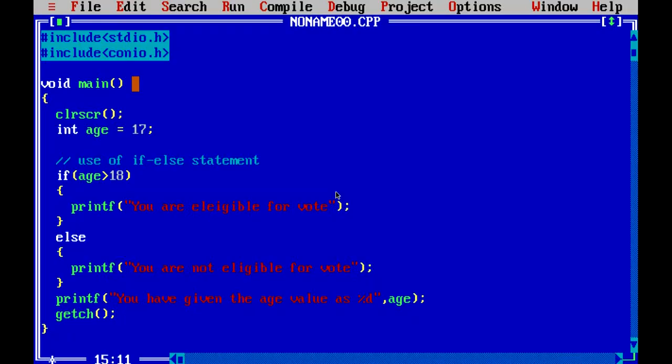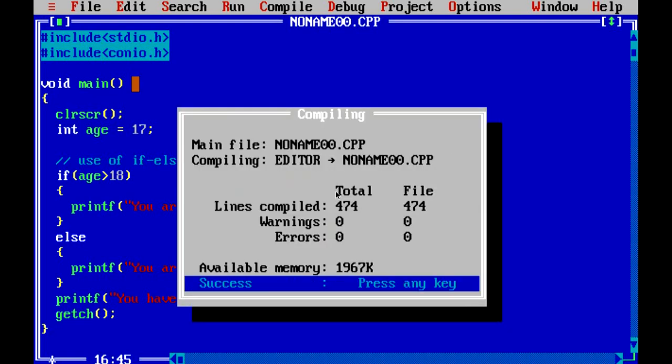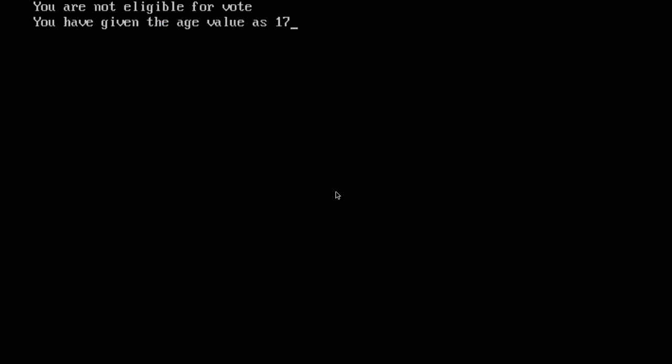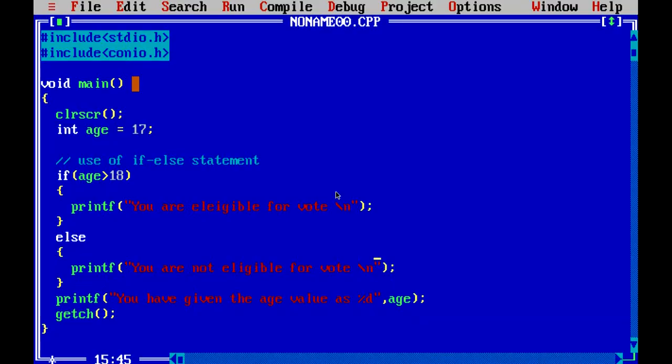Let me give the \n to print the statement on a new line. So it is saying you are not eligible for vote, and you have given the age value as 17. What if I give the age value 18? Now let's see what will happen.